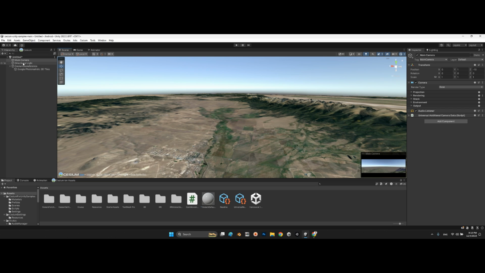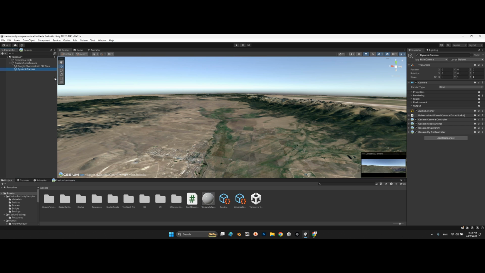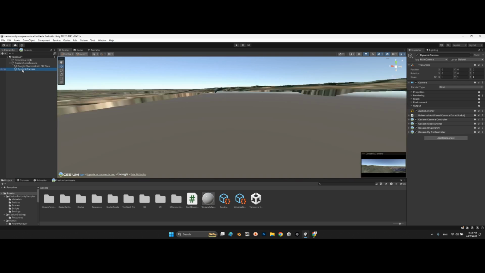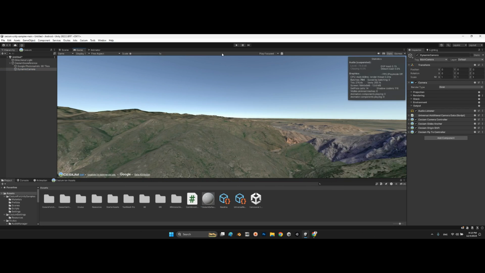So let's remove the main camera here, okay? And come over the Cesium and select add dynamic camera. Okay, look at this, we have a dynamic camera over here. Okay, and if I play,